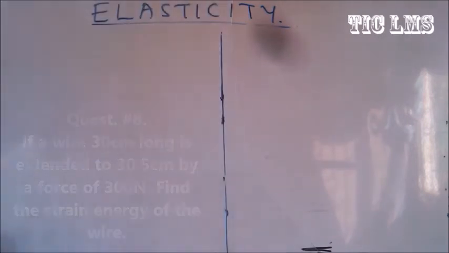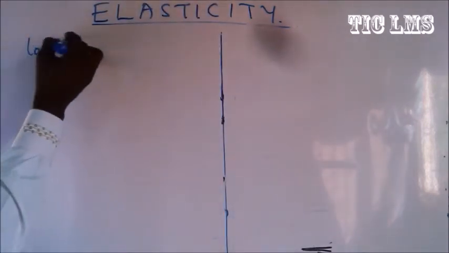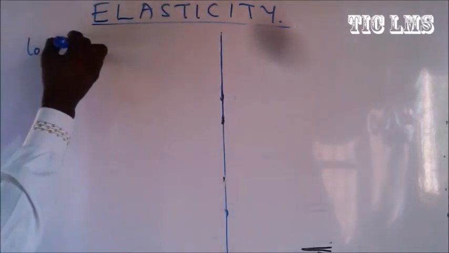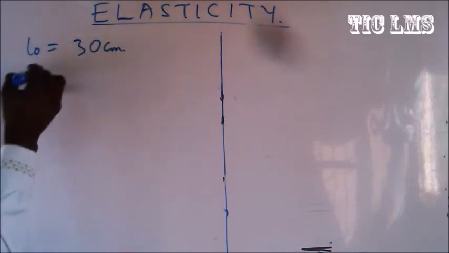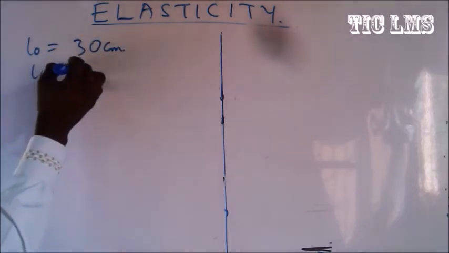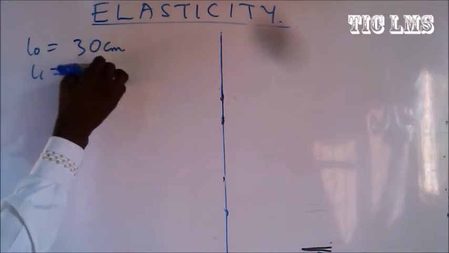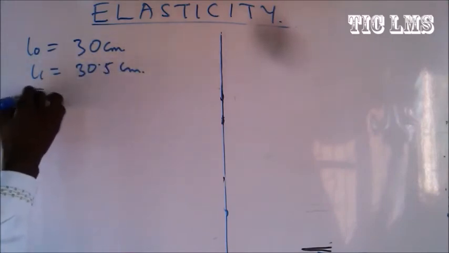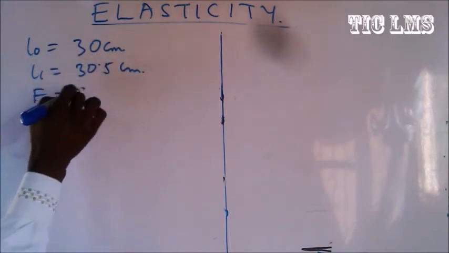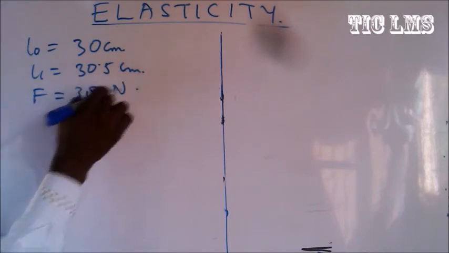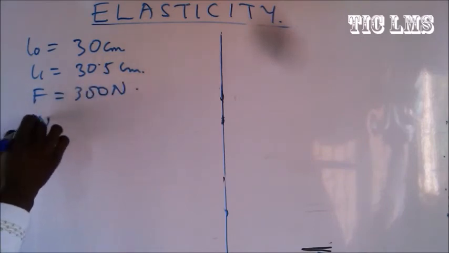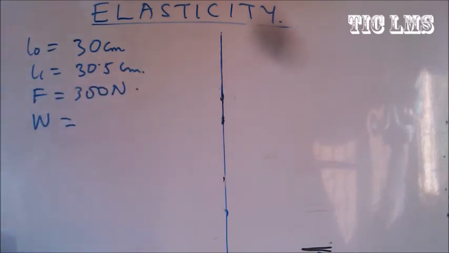Alright, so we have the original length of the wire as 30 centimeter long and the new length is 30.5 centimeter long. Then the force is 300 Newton. We are told to find the work done on the wire, and here we have our work done equal to